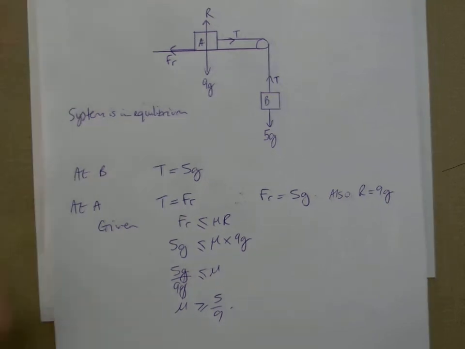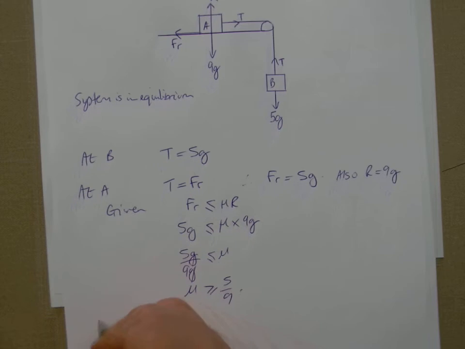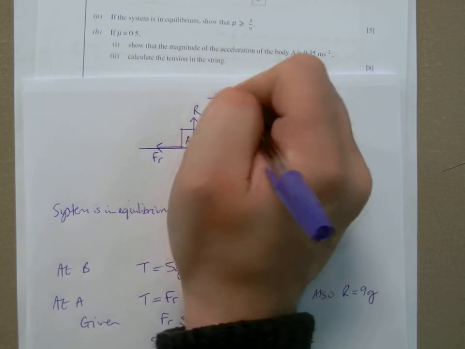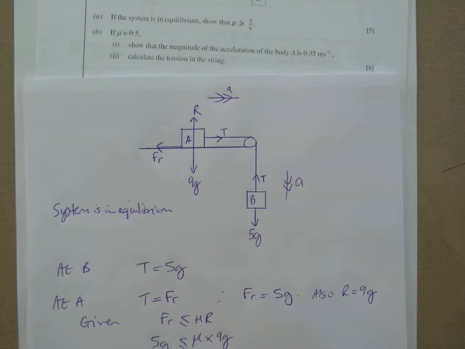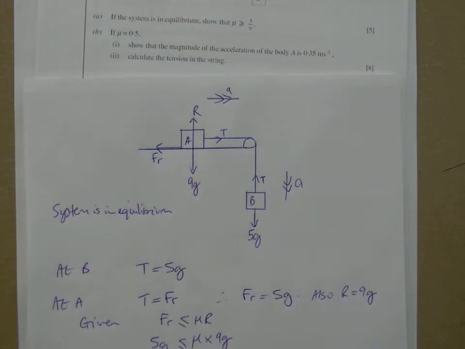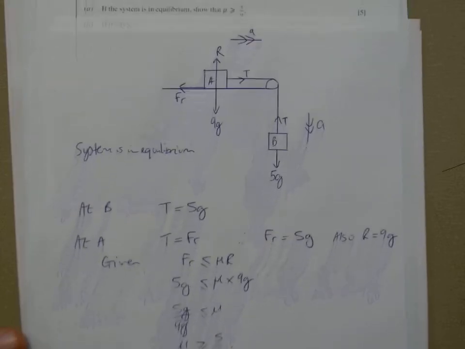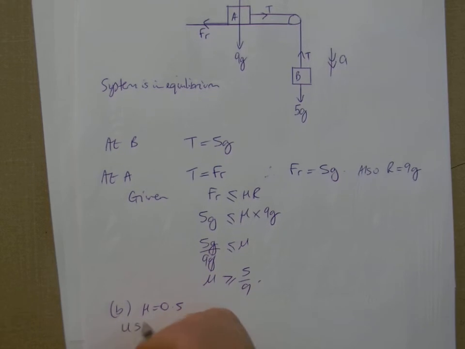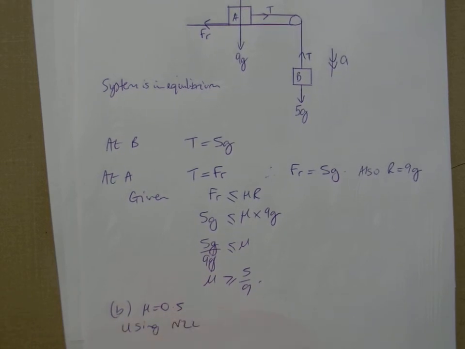So in part B, they say that mu is equal to 0.5, and it says show that the magnitude of the acceleration of the body A is 0.35. So if I go back to my diagram, we're accelerating now, and we've got to show that it's 0.35. Essentially, all we need to do is use Newton's second law in the direction of the motion, along the string. So in the direction of motion,